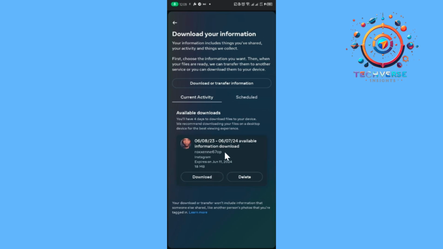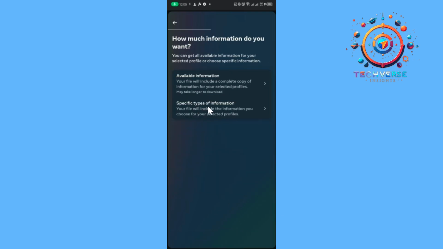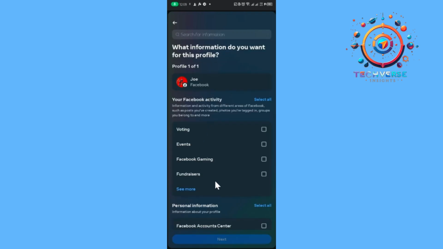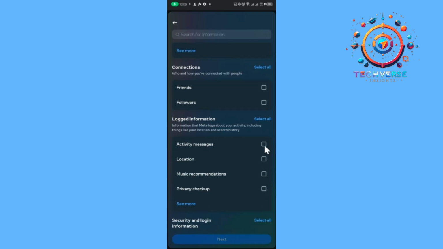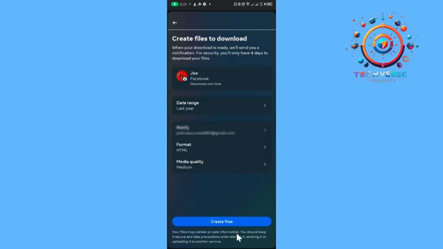And as you can see, I already downloaded one. I wanted to download again so that I can teach you how to download. I'm going to choose the account that I want, and then I'm going to tap on specific types of information. Then I'm going to choose activity messages. Then I'm going to tap on next, and I'm going to tap on download to device,